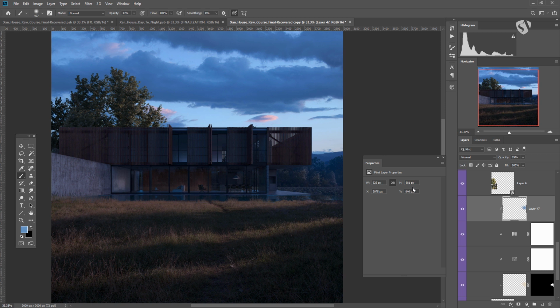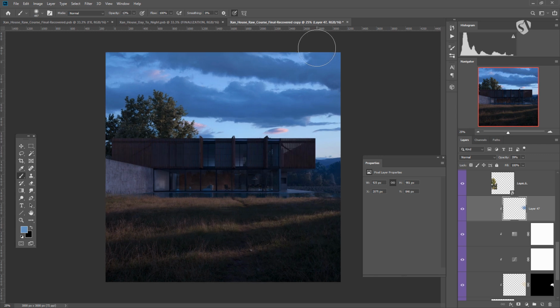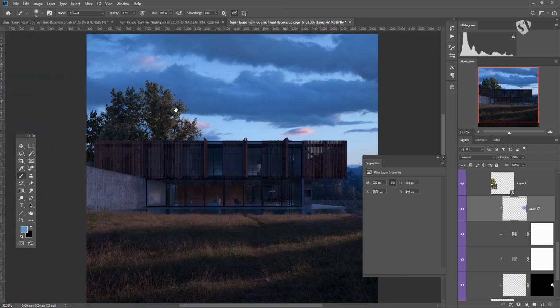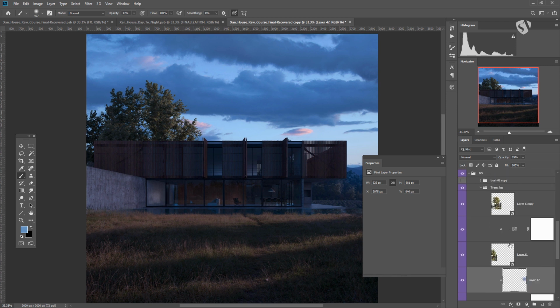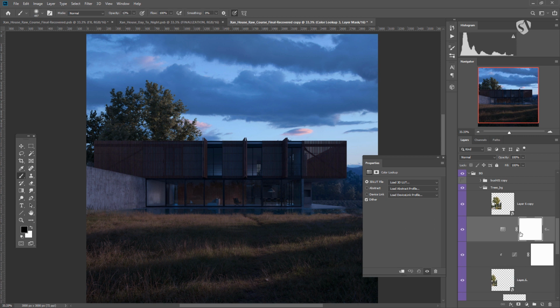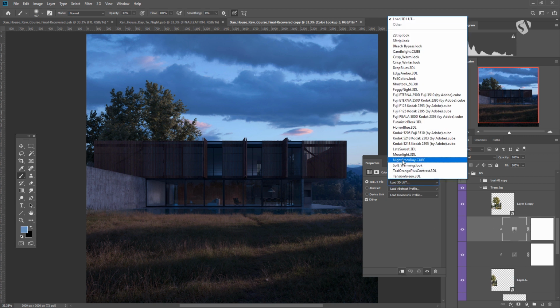Because it's just an approximation by the algorithm that shows you the image when you scale down, when it's not at 100% of the scale. But anyway, I like the result down there, and I keep working on this tree now. This tree should be pretty dark. So I put another color lookup attached to that tree, and then pick night from day